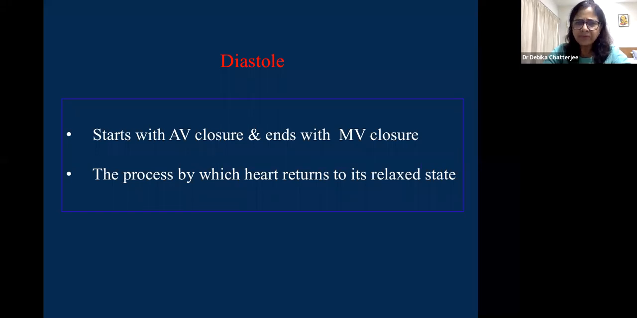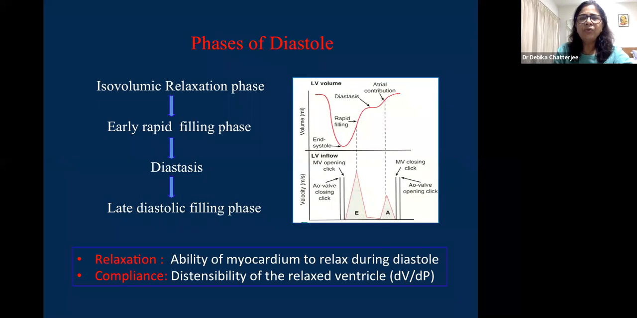Diastole is the phase of filling. It starts with aortic valve closure and ends with mitral valve closure. And it is the process by which the heart returns to its relaxed state. And if we look at the phases of diastole, it starts with the isovolumic relaxation phase. What happens during that phase? There is active myocardial relaxation and elastic recoil by removal of calcium ion from troponin C, as a result of which the myocardium undergoes relaxation. And due to this relaxation, the ventricular pressure